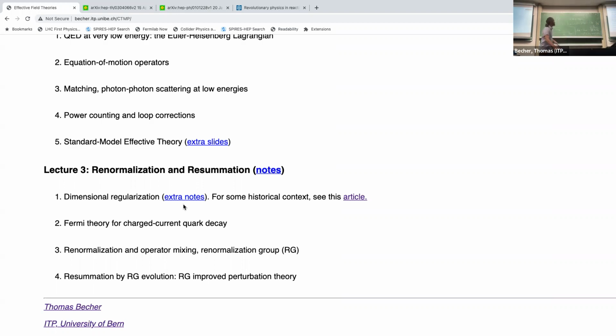Good, so that was the tree level. But now we're ambitious and we want to do the one loop matching from the full standard model onto our two operators. We indicated this yesterday. What we have to do is compute the same quantity twice, once in the standard model and once in the effective theory. Then we simply adjust these coefficients C1 and C2 so that we reproduce the full theory result. And so it's kind of natural what to compute.